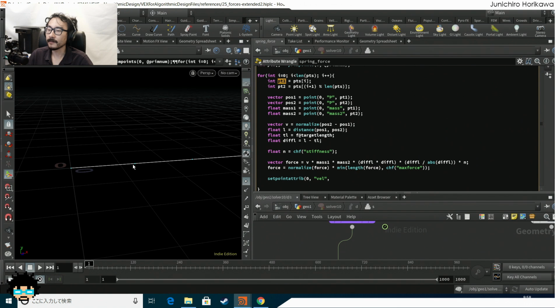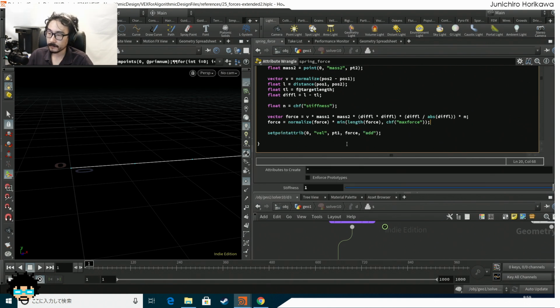And in the second loop, this point is going to be used for this line. So pt1, and I'm going to use the force to update the velocity with an option called add, which will increment this force value into the velocity attribute. Alright,